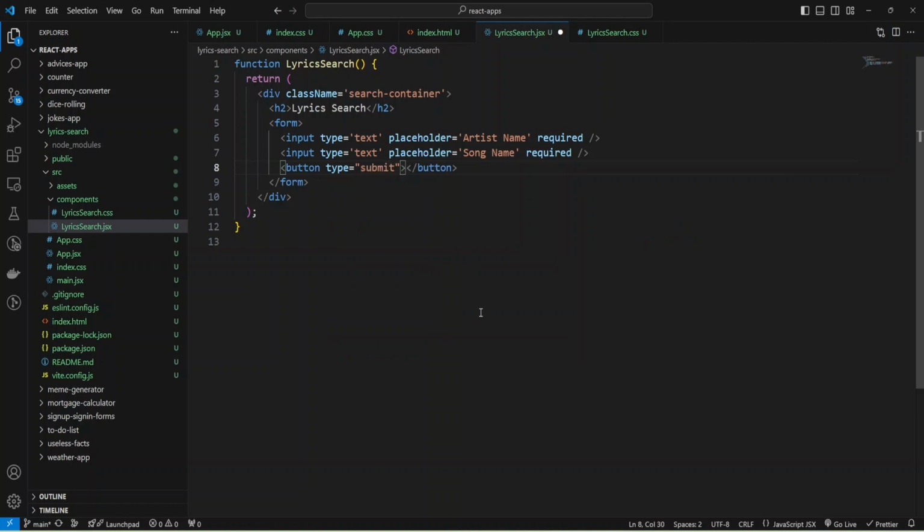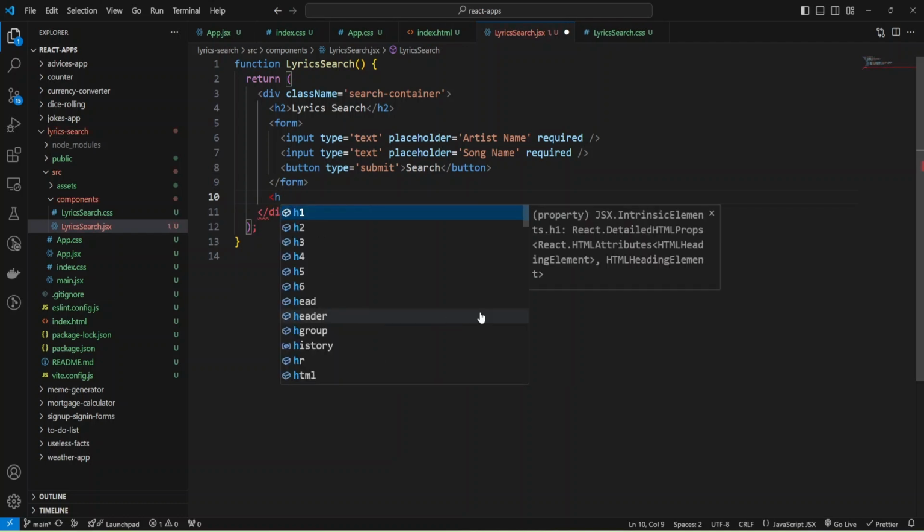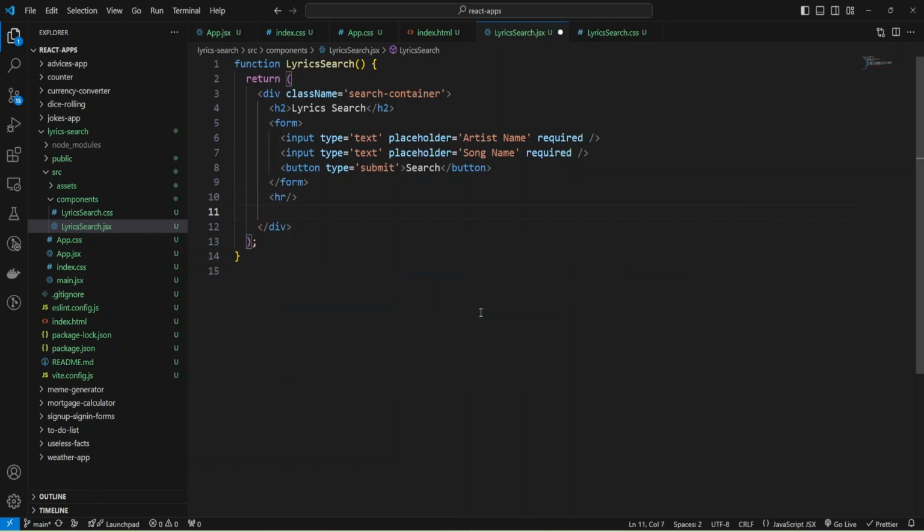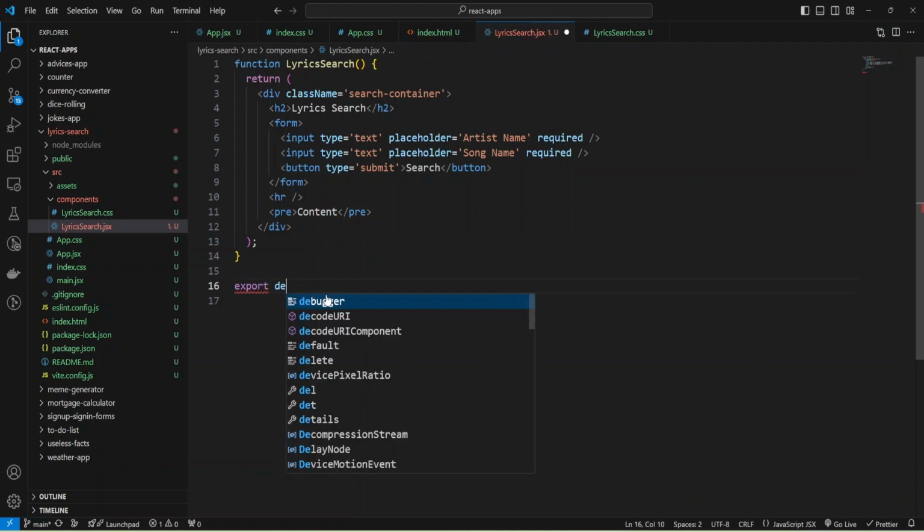This button will submit our form, and we can add the text search. Okay, and also we can add an hr tag to make a divider and add some p tag for our content. Now I'm just going to provide text.